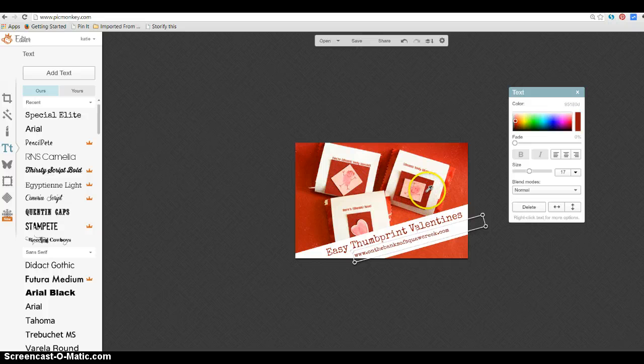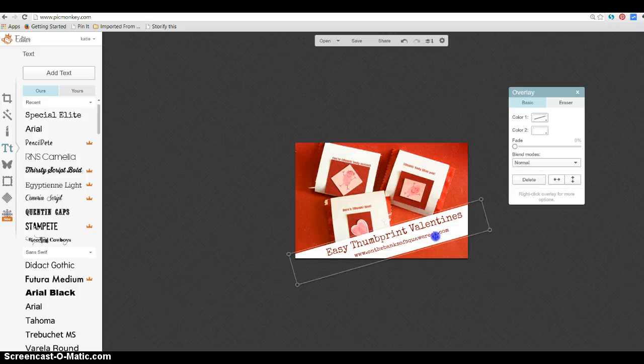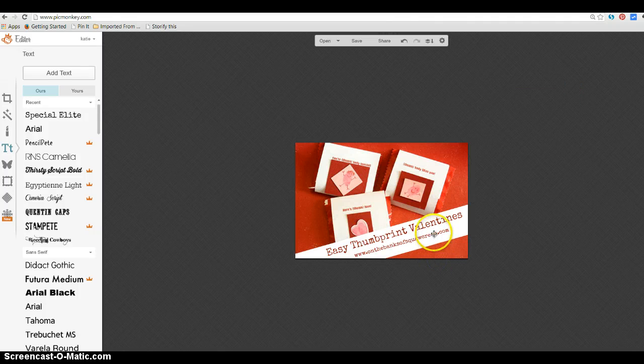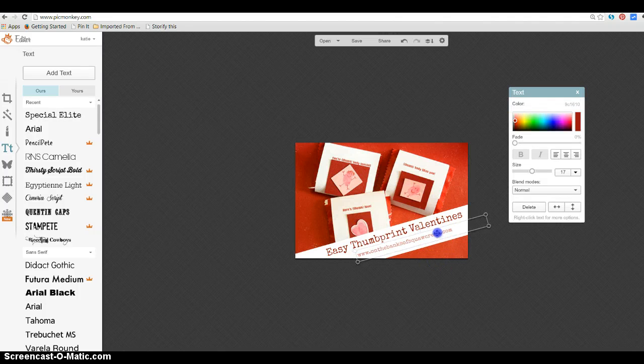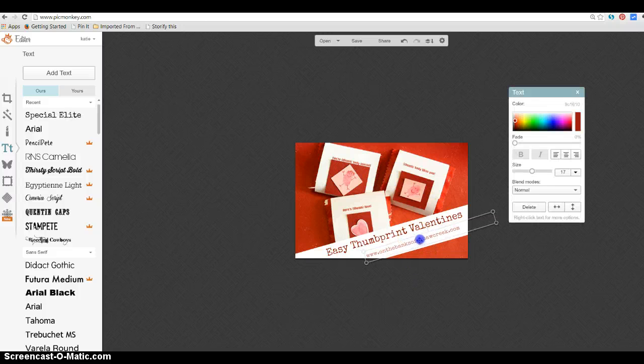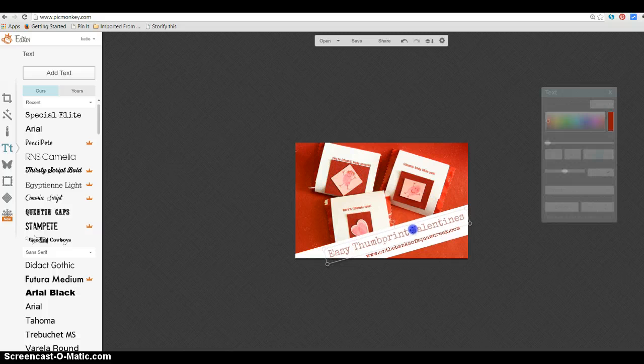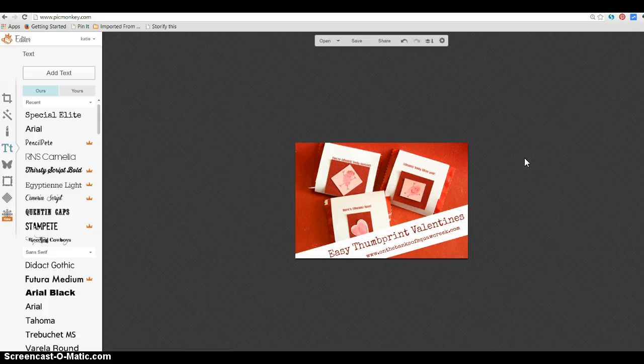Again, I'm going to choose this darker red color. Whoops. See, I grabbed the wrong thing there. Like I said, that's one of the issues that I have with Picmonkey. Turn it so I can get it just right. You can grab that little circle there to tilt things the way that you want. And now I made a pretty basic